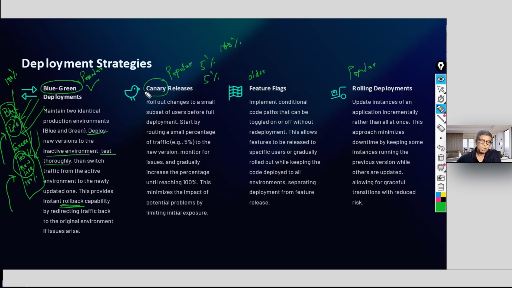Canary is a very small bird. So you say I have done a canary sort of a deployment, and here the downtime is very less. In blue-green, in fact, you immediately switch over. So you can say a few seconds maybe, what it takes to switch off this and switch on the traffic. That's all. The few seconds delay.